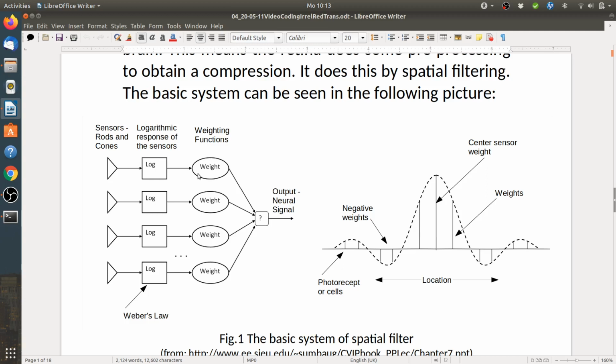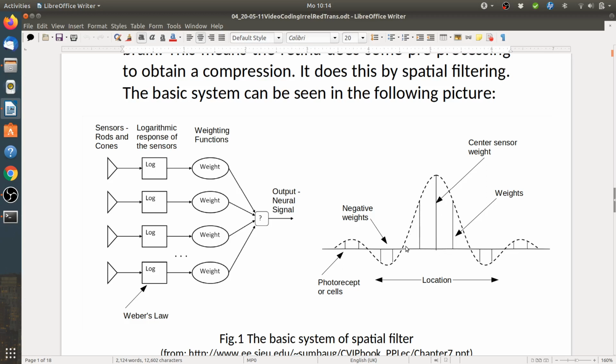So then the next step here is the weights, and these weights can be seen here on the right hand side, on this picture on the right side. So they are distributed such that the weights corresponding to the nearest light sensitive sensor, the weight is the largest, right in the middle. And when you go from the optical nerve fiber ending on the retina to the sides, the weights become smaller,